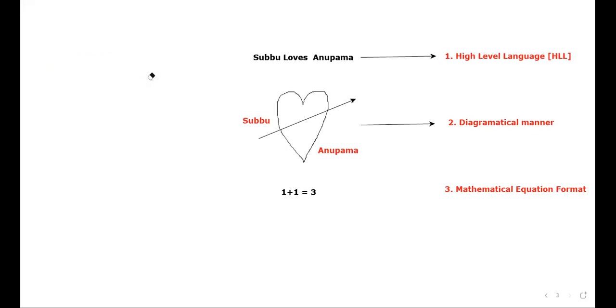Please do respond. I know some of them are thinking, hey, this fellow is very weak in mathematics. He doesn't know 1 plus 1 is equal to 2. He has written 3. I hope some of the people will understand why I have written 3. Is that clear, guys? Please do respond. Is that clear for everyone?